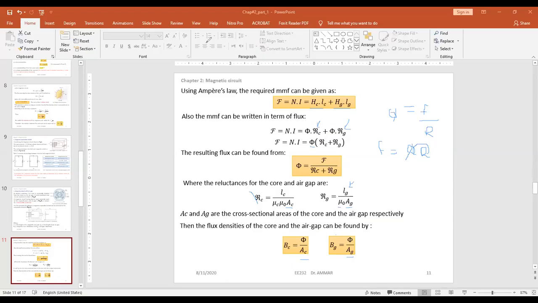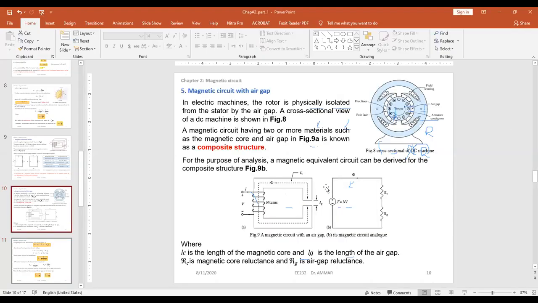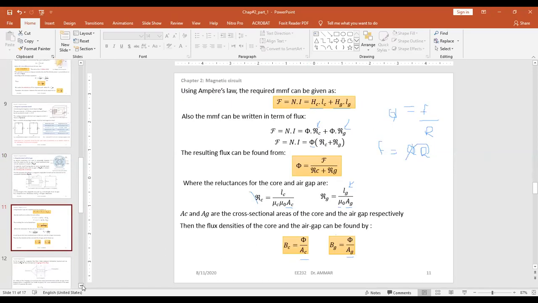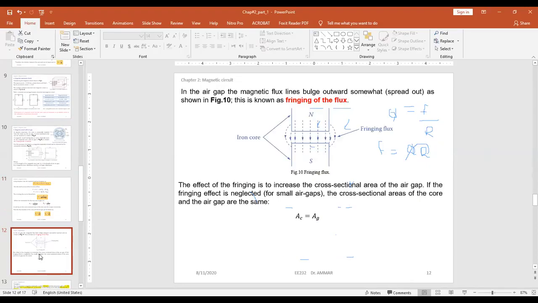Here in this example, the cross section is the same, so the density is the same. Here, for example, they have the same cross-sectional area, so the density also is the same. So the last point to end this meeting, this phenomenon is called the fringing of the